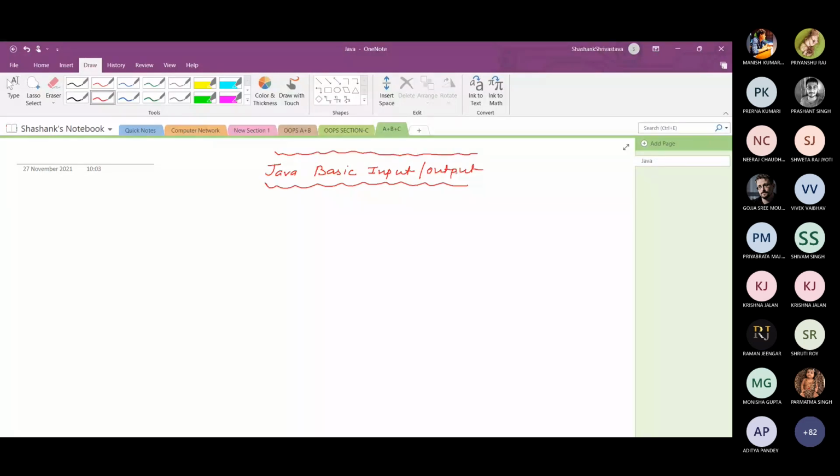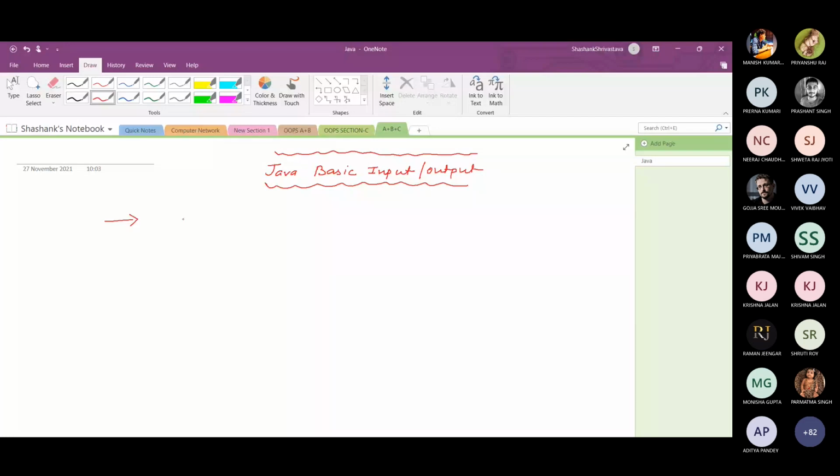And in order to access the functionality of a particular class, we need to create the object of that class, and with the help of the object itself, you will be able to access the functionality of the class. So the motive of today's class is how we can accept input from the keyboard.